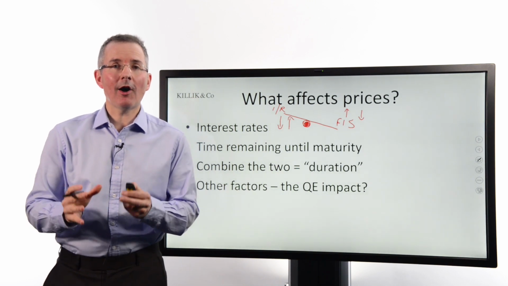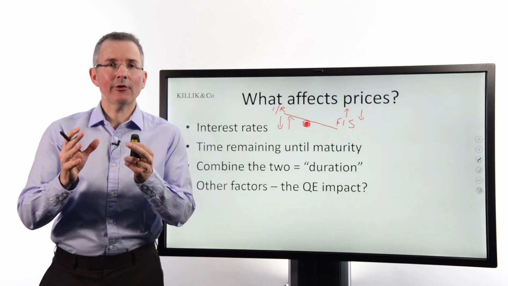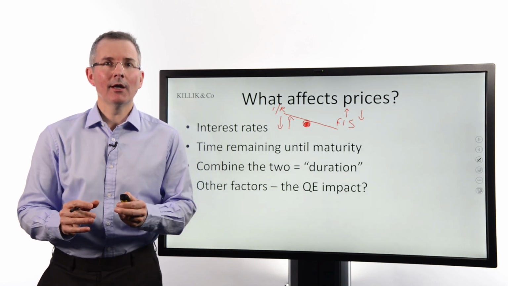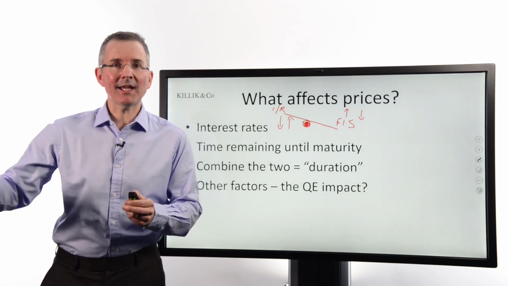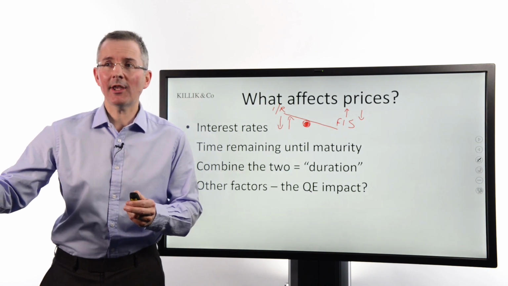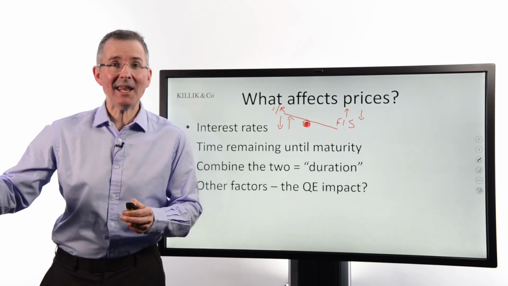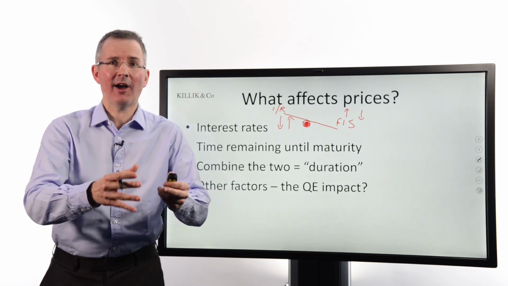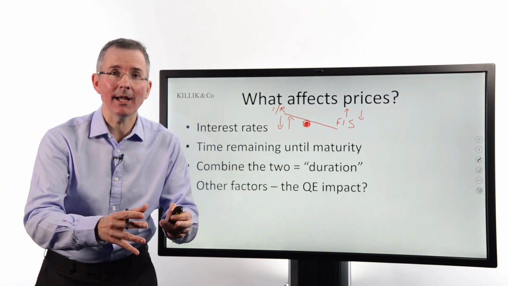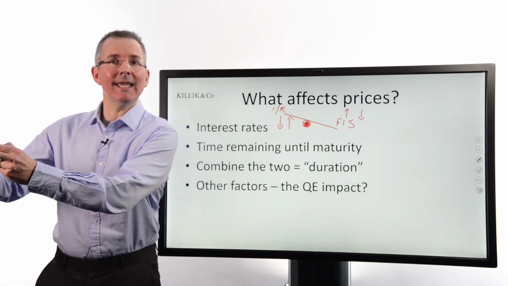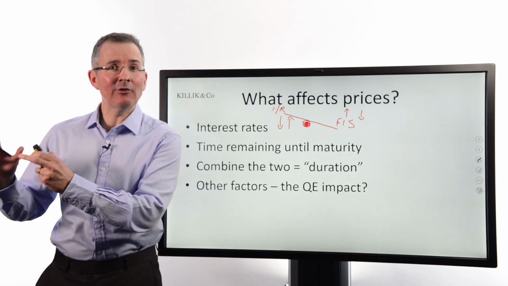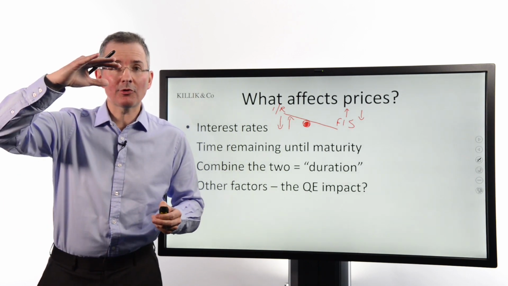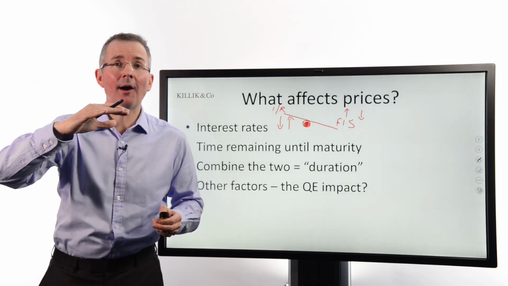Well, think about it. If I had the opportunity to buy a security that pays a fixed coupon, it's never going to change, of 5%, and someone says, but Tim, there's a bank account out there that pays 10%. I'll be thinking, well, the bank account's less risky and it pays me more money. So I'll be thinking, well, let's get out of this fixed income security. I don't want 5%, I can get 10. So I'll start dumping my fixed income securities and piling into the alternative investment that pays double the rate. And if I start dumping fixed income securities, what's going to happen? The price will start to come down.